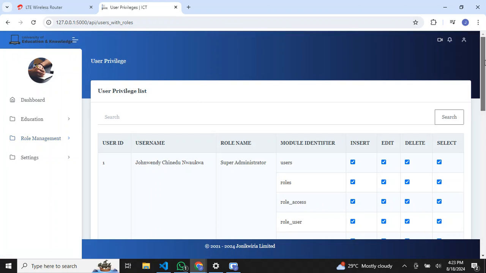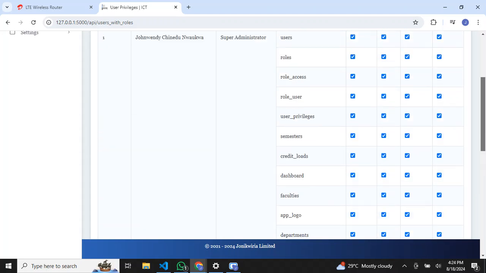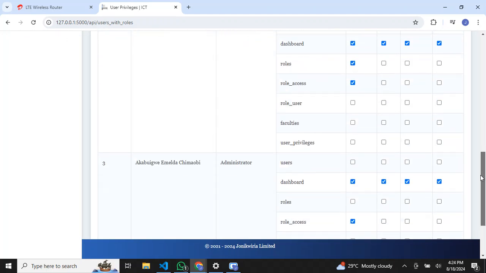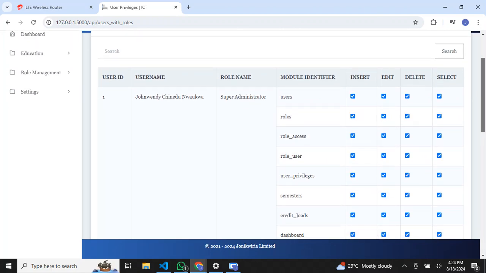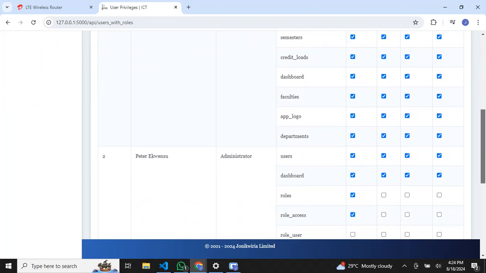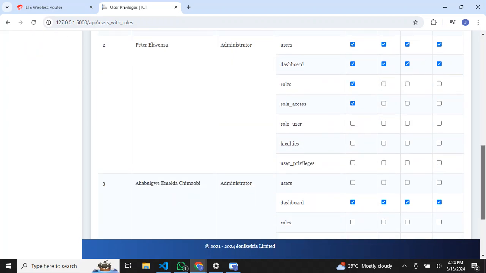User privilege. Remember that we have three users registered on the system here, and each of the three users has a role, right? Now the essence of building it this way is, you can see that John has all the privileges checked for each of the modules registered under super administrator. But Peter and Chima, I can decide, as a super admin on this system, to give Peter all the privileges he needs for each of the modules here,